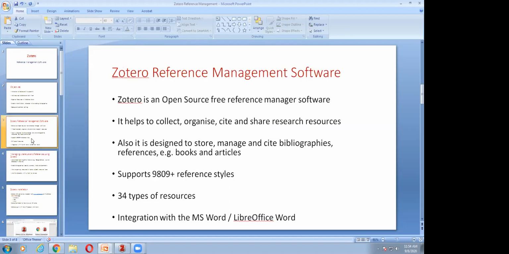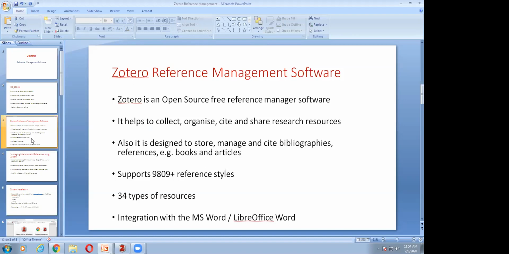Most of the things have already been covered. It is actually designed to store and manage references such as books, journal articles, emails, and a number of electronic documents can easily be managed in Zotero. It supports 9,800 plus reference styles like APA and a number of other reference styles. What you consider is available, and that can be used while you are writing an article or a write-up.